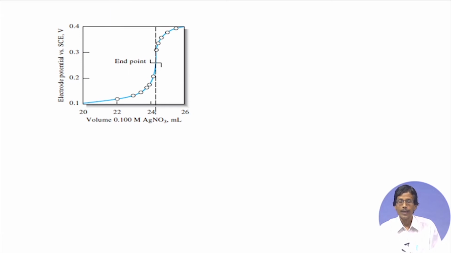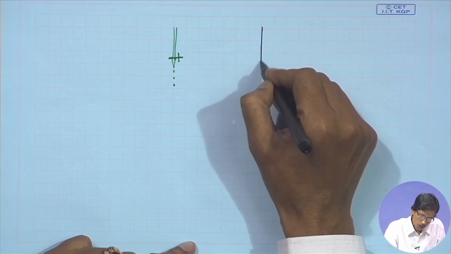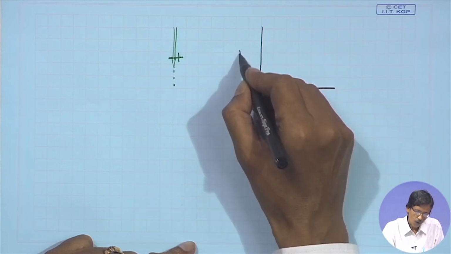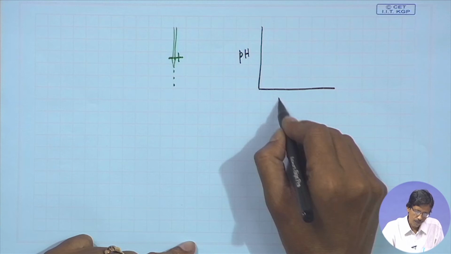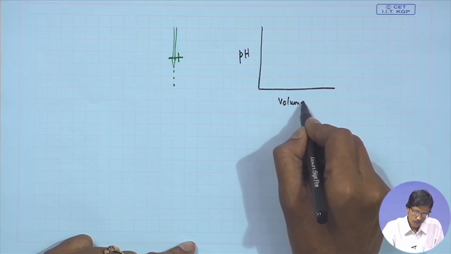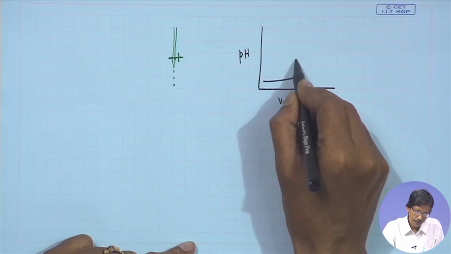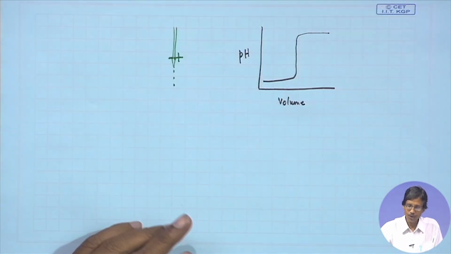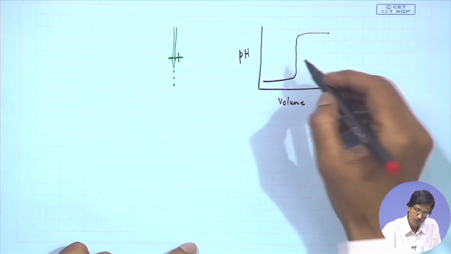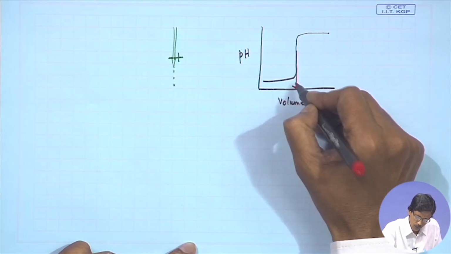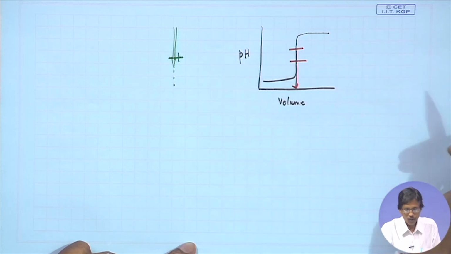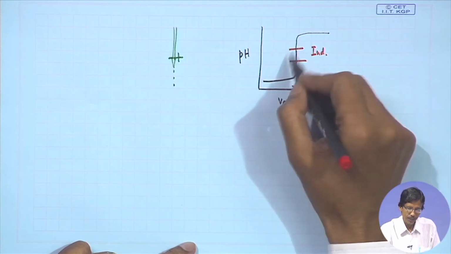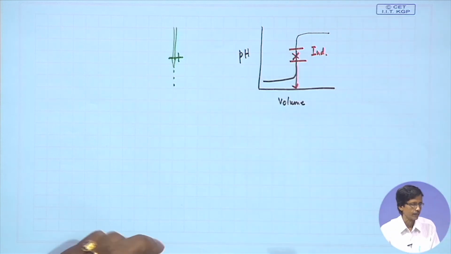So, you can have these as the corresponding plot, what we know from your neutralization titrations. What we will be knowing for several classes is that you have the volume and pH changing like this. So, this change basically, and we all know now how you get the end point. You just extrapolate this point, you get the end point, and this is the corresponding range for your indicator, which is indicating the change. That means it can locate this particular point.